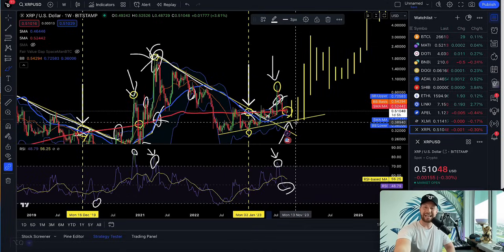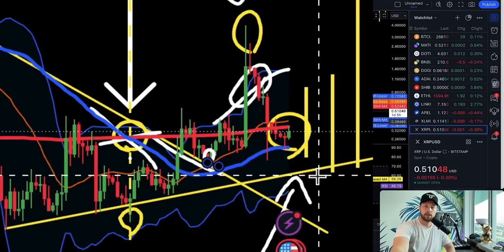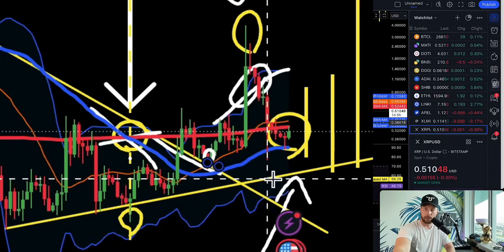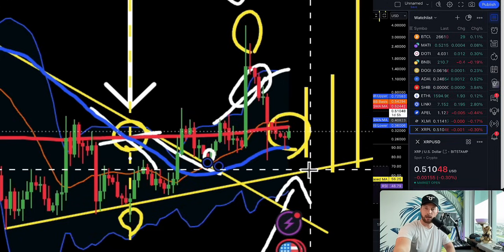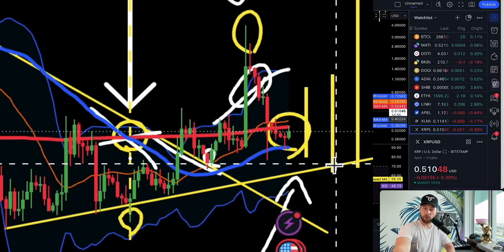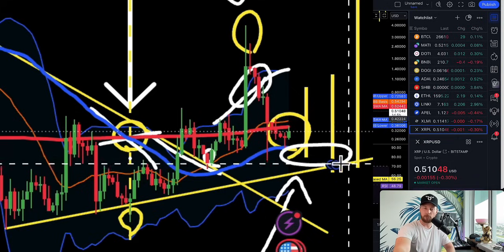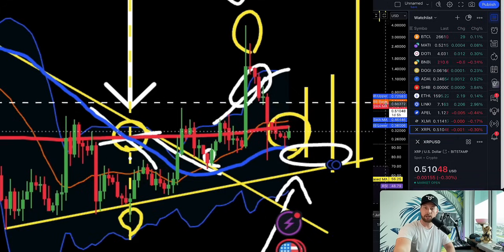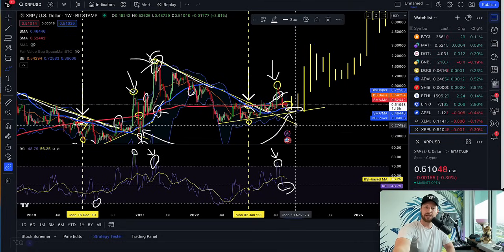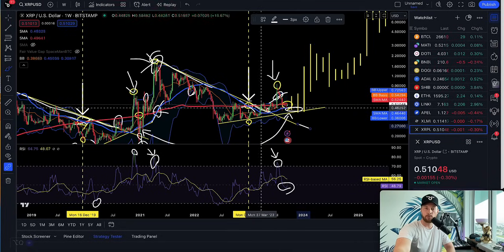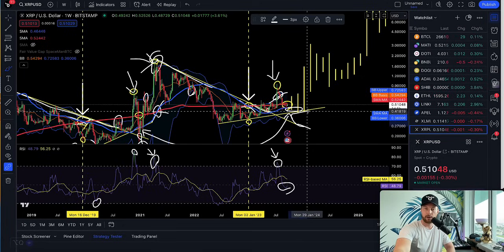Now, the most likely case scenario, in my opinion, could be a back test of this upward trending support line right here of roughly about 40 cents one final time before we break out of here and trade bullish. And anything below that, coming back down to this support, which was resistance right here within this range, would be